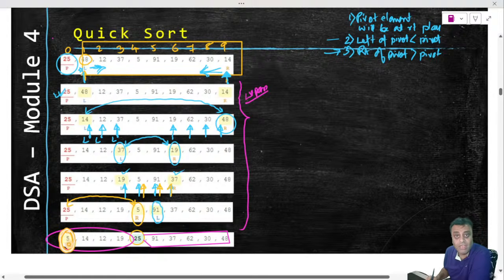So after the pass is over, they will be in their correct positions. The left of that pivot element will be less, the right of the pivot element will be more, and this way it will go on. Finally there will be only one element left, and one element is always sorted, and then the whole list will be sorted. So how that happens, let us see through a code.